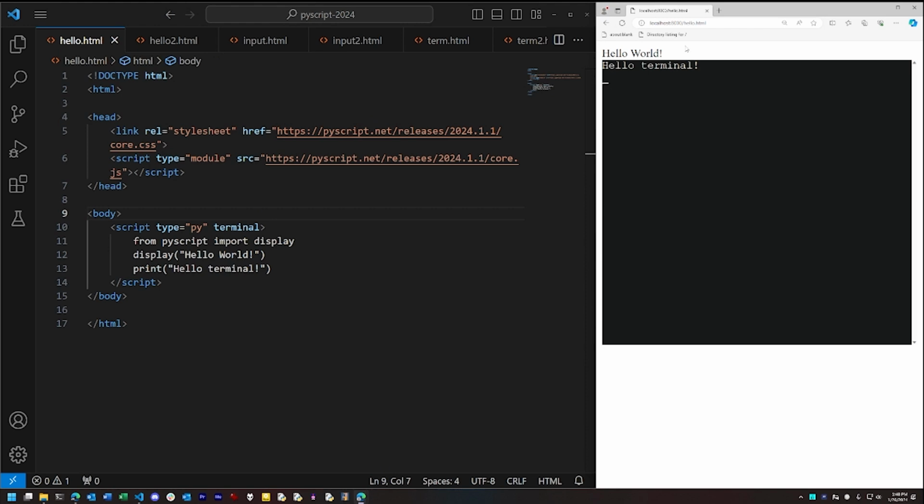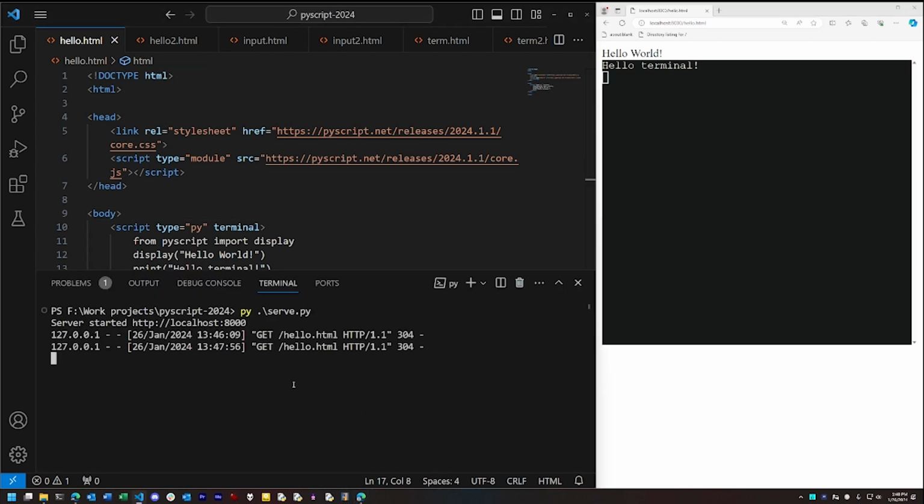JavaScript has the advantage of always being present in the browser. Now, also, because of the way PyScript has to conform to certain browser behaviors, in order to use the full range of PyScript behaviors, we have to load our PyScript files through a miniature web server. We can't load them as local disk files. And I've put together a little server that does what's needed. It's written in Python, and the description for the video will have a link to it on GitHub if you want to try it out for yourself.